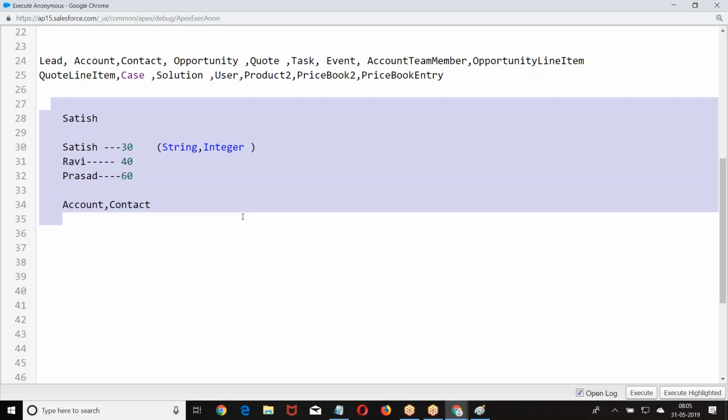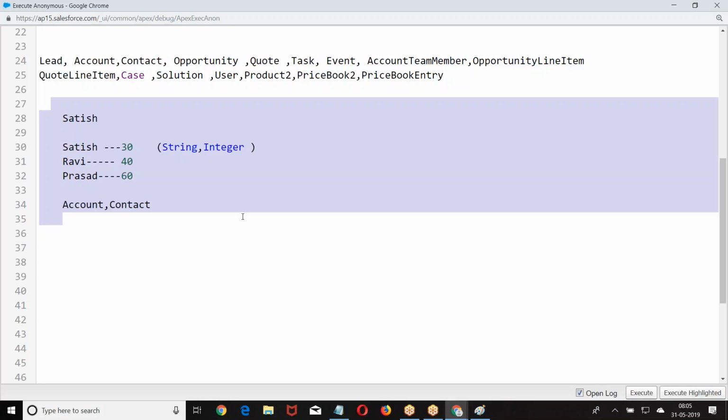If you want to create your own data types, we will go for wrapper classes. Integer is predefined, string is predefined, account is predefined, contact is predefined. Now I want to design my own data type. Why do you want to design your own data type?